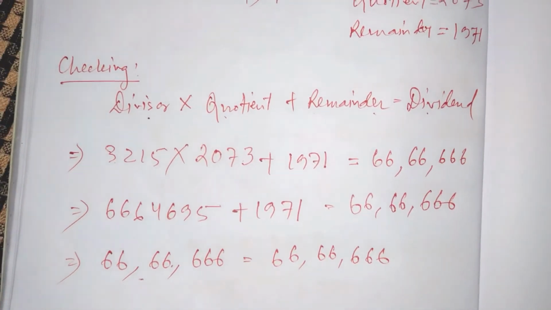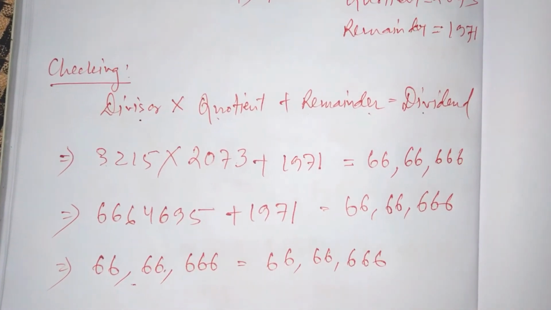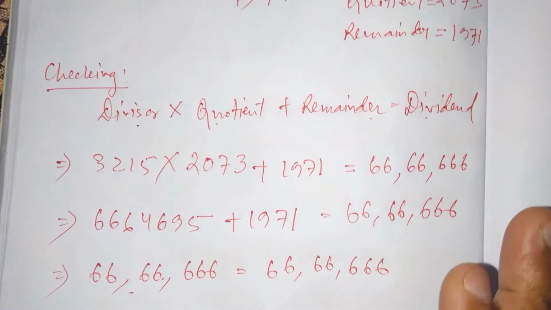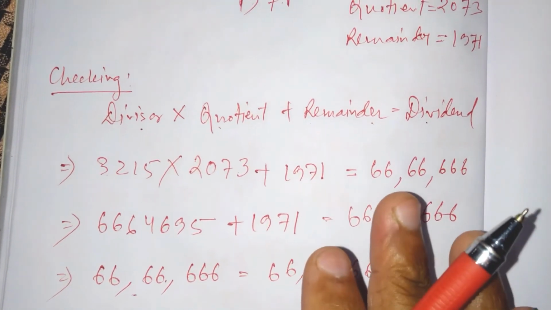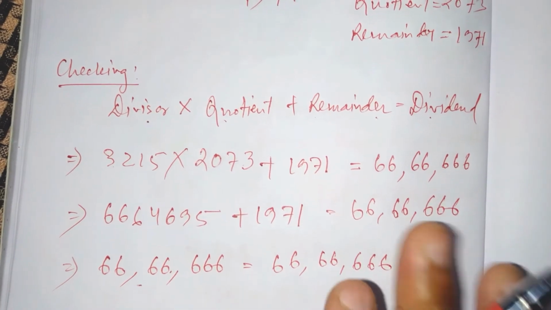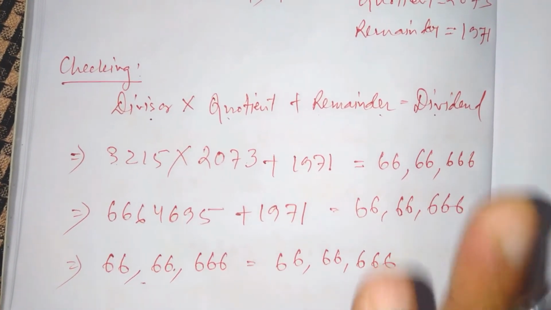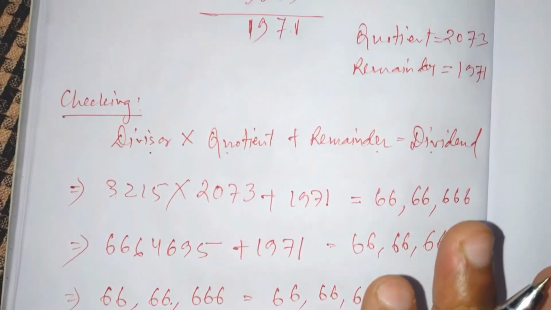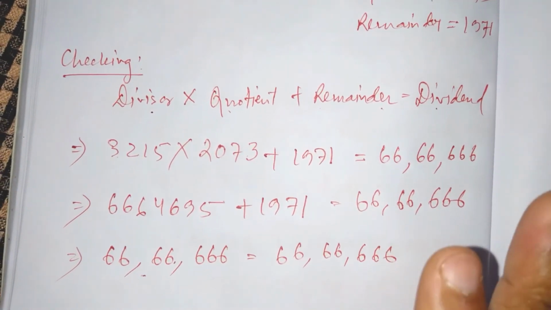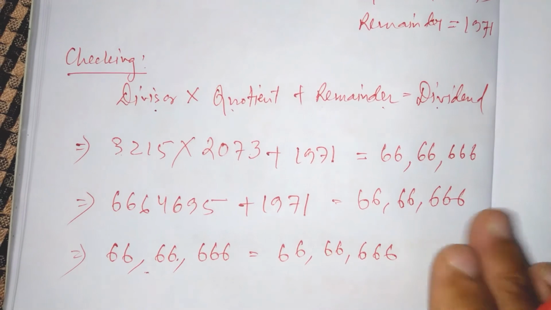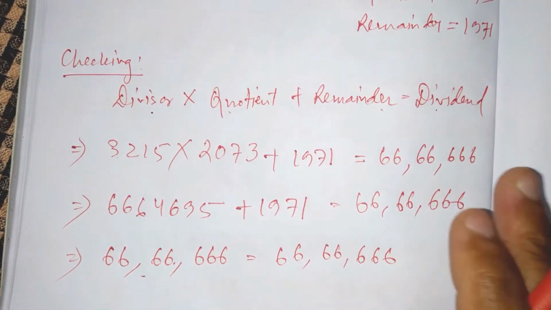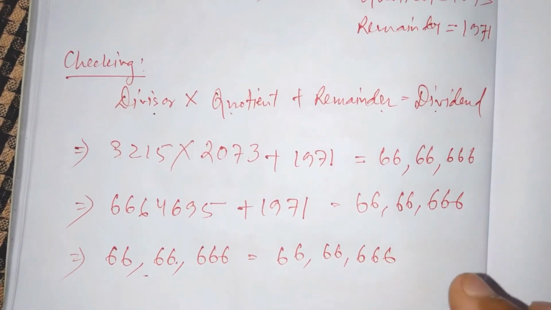So this is the end of the chapter, we can say, and the rest of the questions are homework for you. These are pretty much easy. You can do it at your home. So if you have any problem, means if you still feel any problem, you can directly call me on my phone number, or you can WhatsApp me, you can message me, or you can comment here in the comment box.